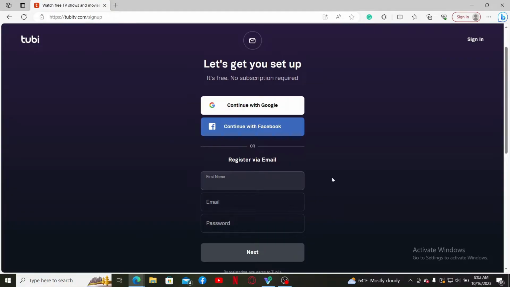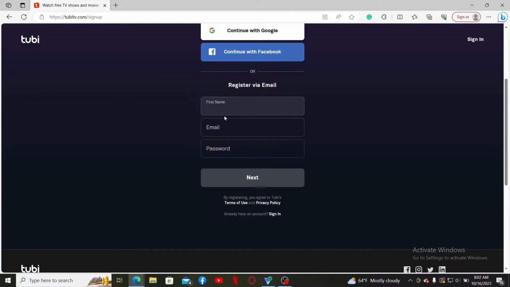Once you end up in this page, you can go ahead and select any one method you want to sign up with. You can continue login with your existing Google accounts. Click on Continue with Google and enter your Google account's credentials. You can also use this Continue with Facebook option. Go ahead and click on it, enter your Facebook account's email and password, or you can register for a new